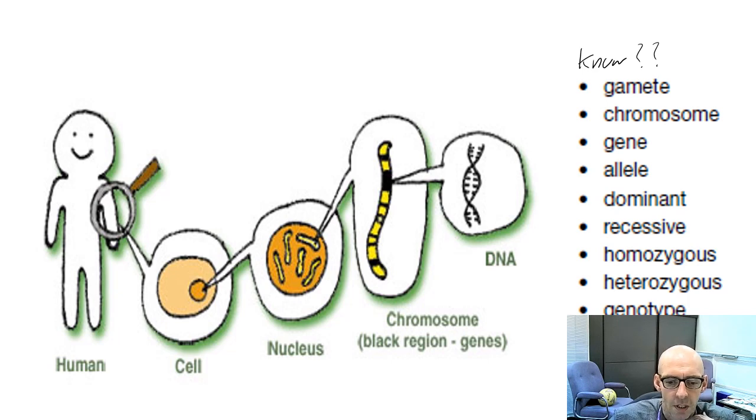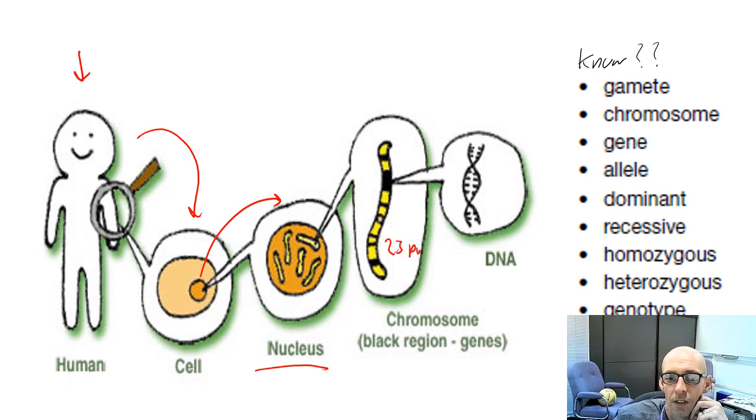So then down this page, I didn't want to do millions of slides because this is revision. This isn't trying to teach you everything again, it's just covering it quickly. In terms of size, there's you, or actually it looks more like me. We are made out of millions of cells. Each cell has a nucleus. Inside the nucleus we have 23 pairs of chromosomes. Keep saying that because you need to know the numbers. We have 23 pairs of chromosomes. Every cell in your body does, apart from sperm and eggs. And the chromosomes are made of DNA.